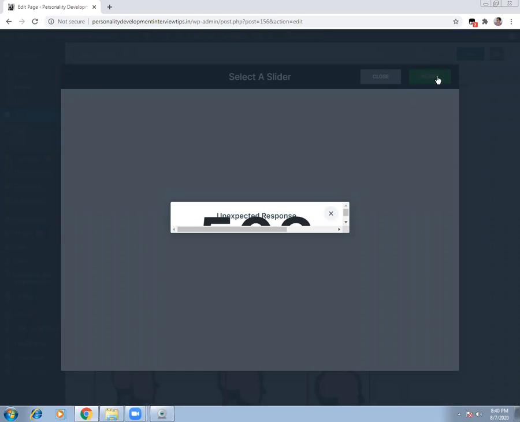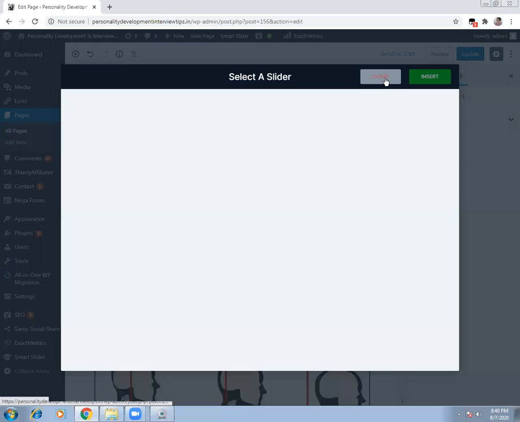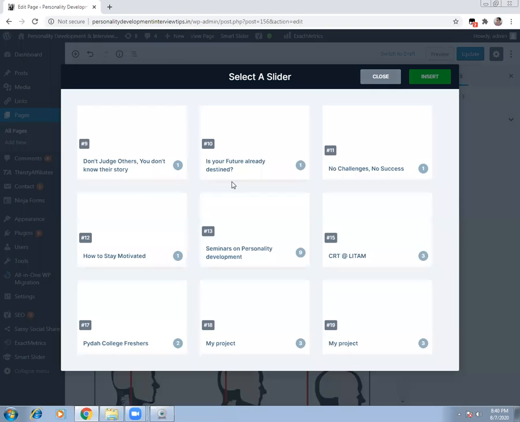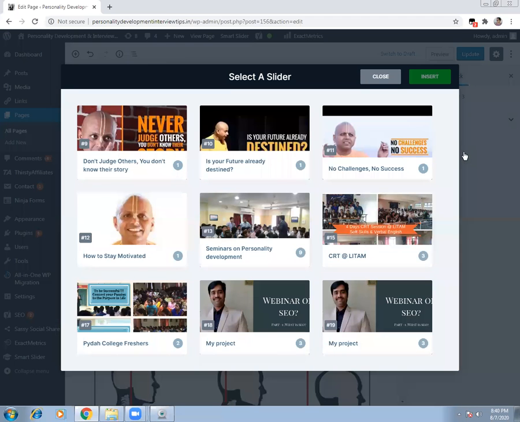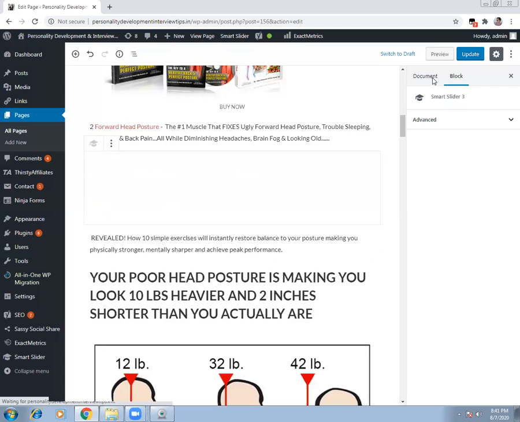Let me check once again. Select a slider. Yep. So when you go there, probably I can just select the 19th one which I just created and I will say insert. That's how simple it is.